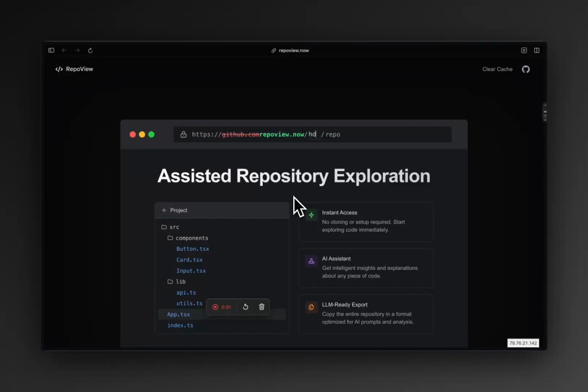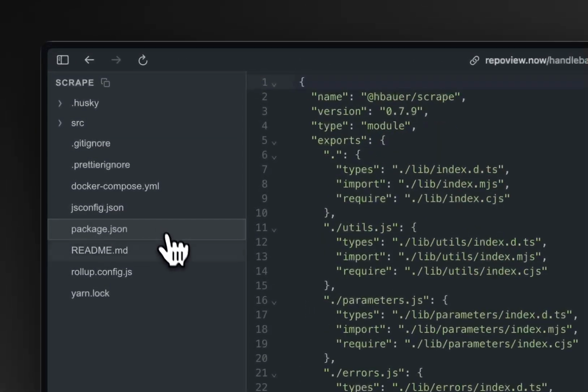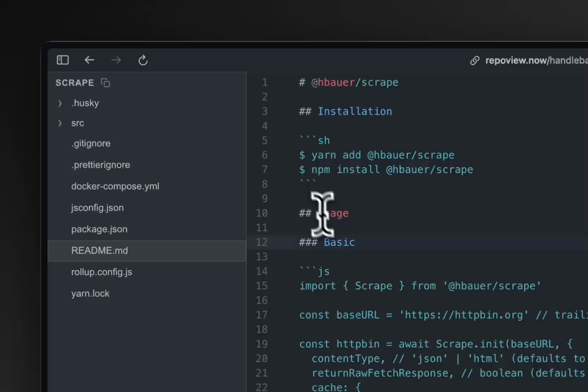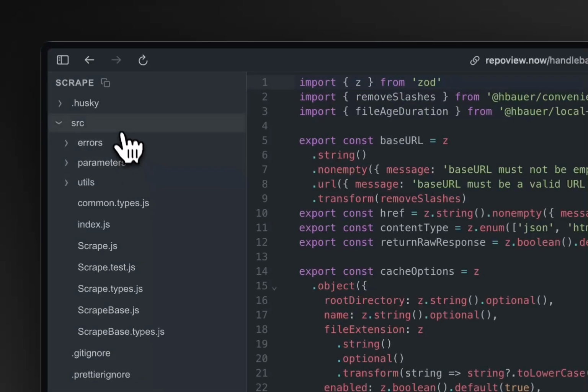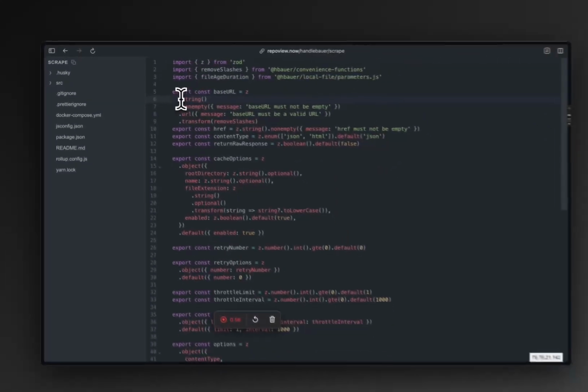So the idea here is that you just put in whatever repo that you want to put in here. Anything goes. And then you just hit enter. So that'll load it up and pop you right into a code editor. So this is really just like a fully functional code editor, and it allows you to browse the repository just as you would with a normal code editor, except that you're in the browser and there's really no setup required,